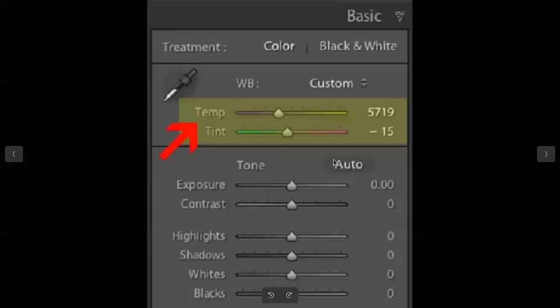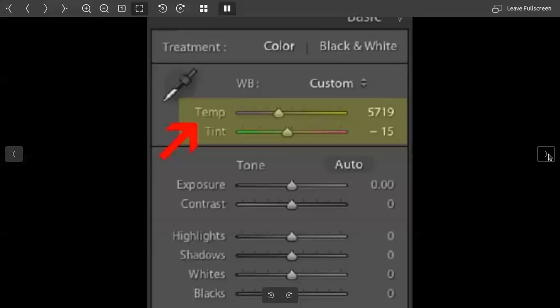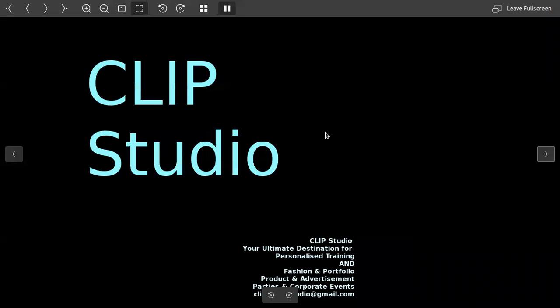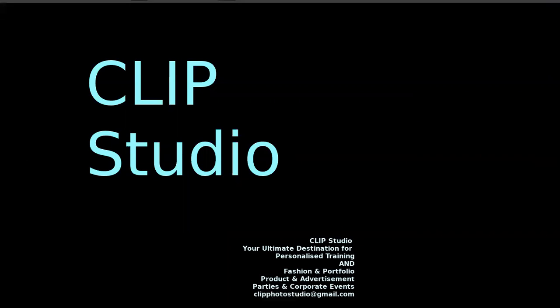This is a particular screenshot from Lightroom where there is a direct option to set the white balance. In GIMP, you don't have the option directly for setting white balance, but there is an alternate mechanism using which you can set the color balance or white balance. So that was the concept.